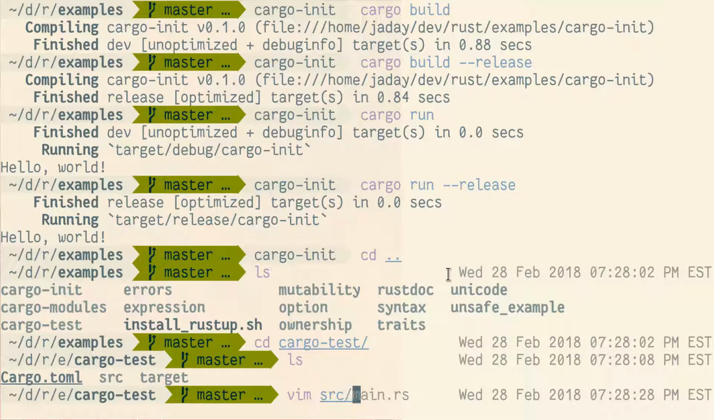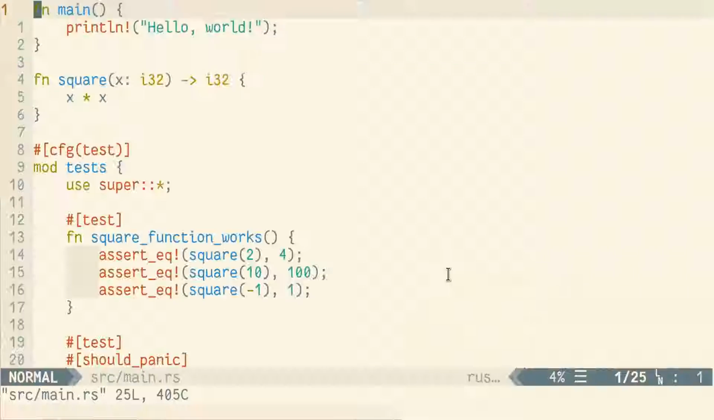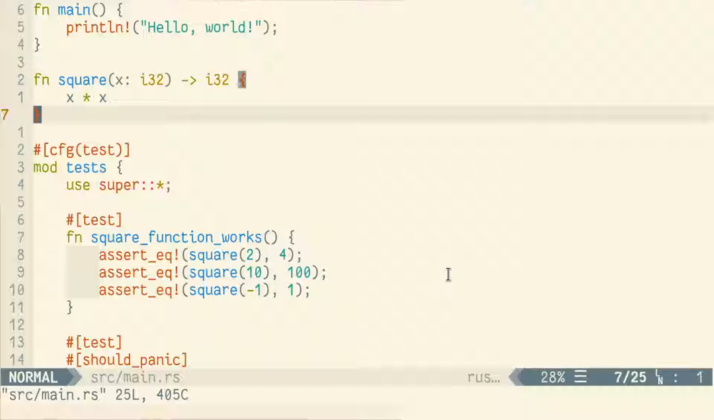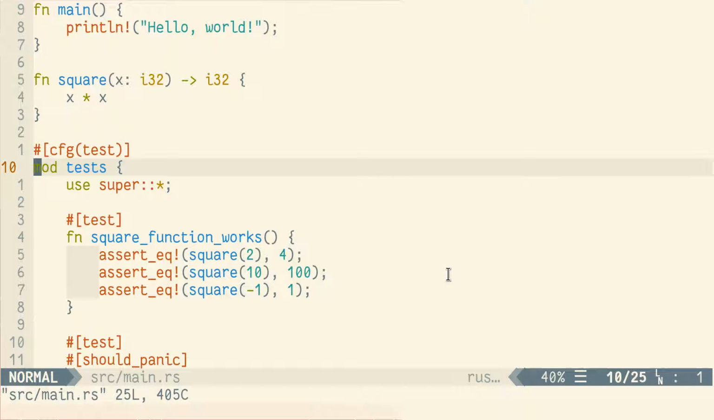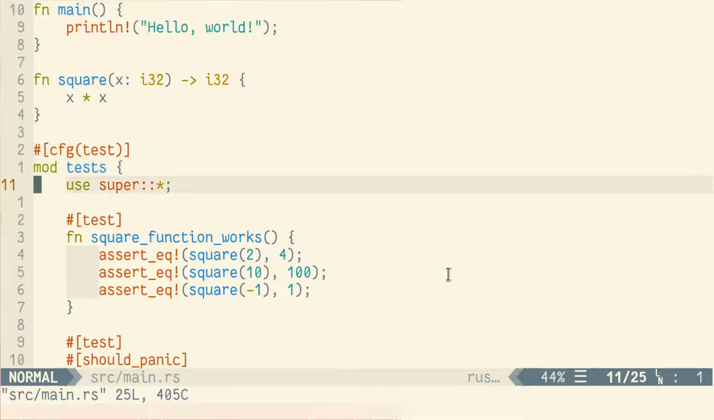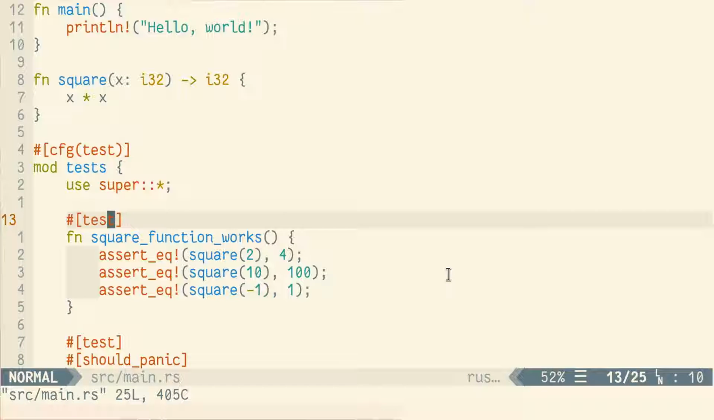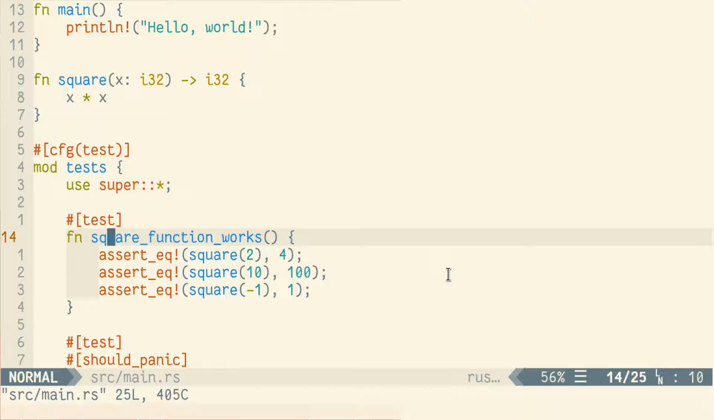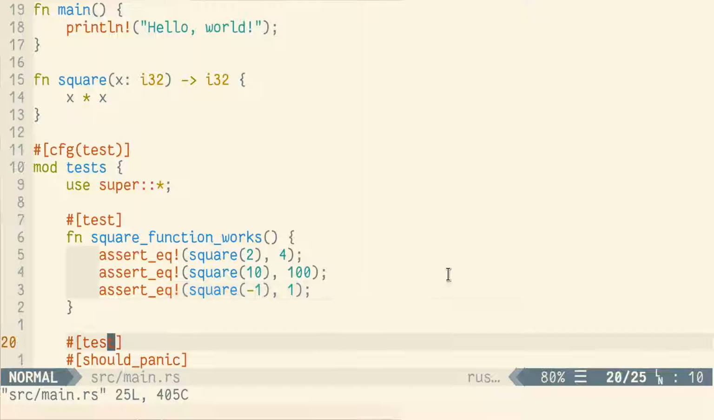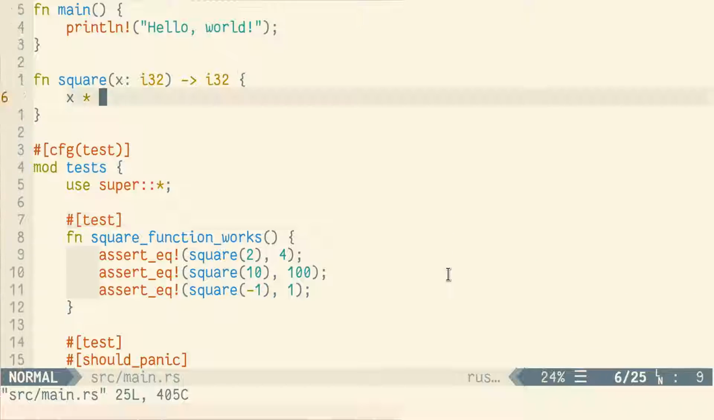So I can open up main.rs here. And don't worry about all this syntax. It's kind of a lot. But basically you can define a tests module, give it this code here to configure it for testing. And then you write functions with the, I'm not sure what these are called, attributes maybe? With the test attribute. And then it will run these functions as tests. So right here I just wrote a simple function to take in a number and square it. And here I'm testing that the square of 2 is 4, the square of 10 is 100, the square of